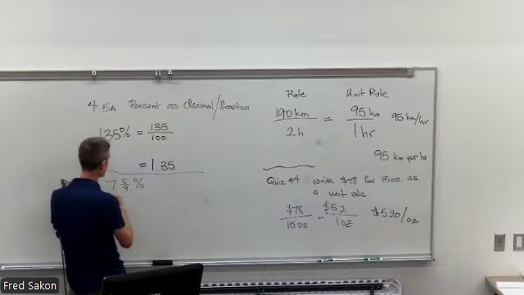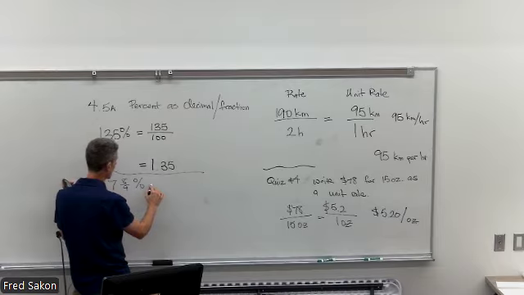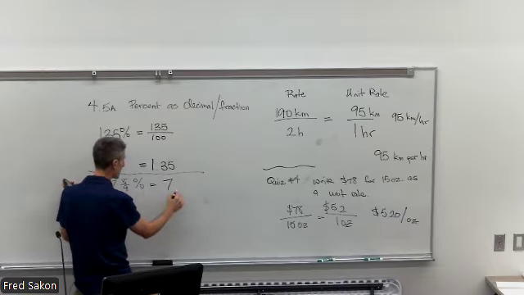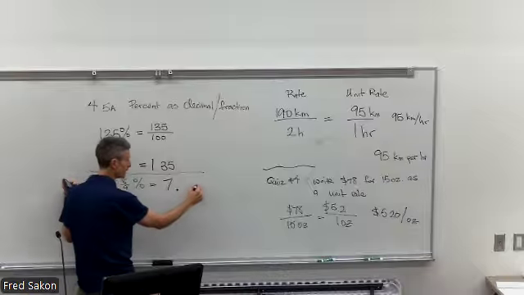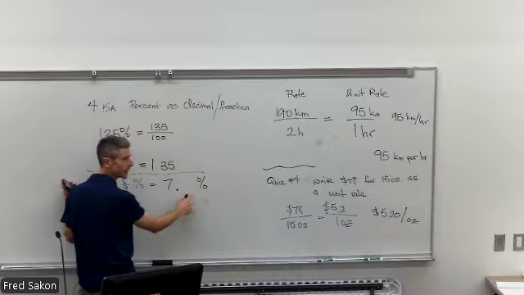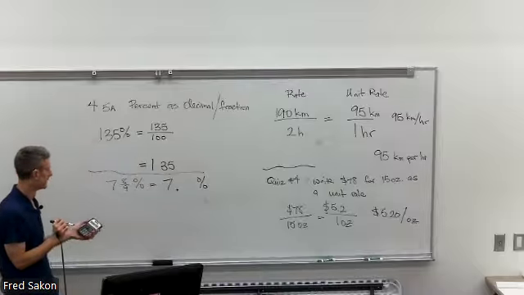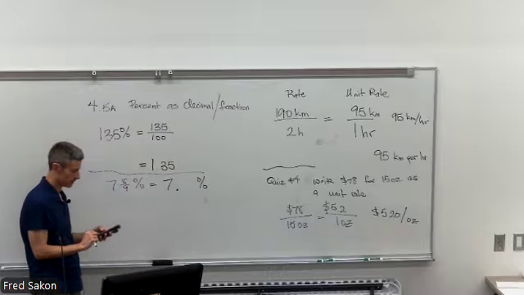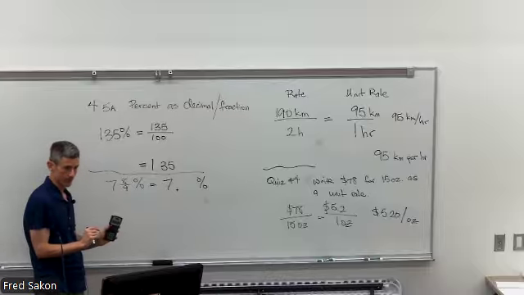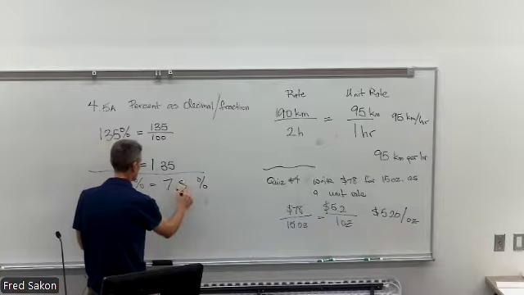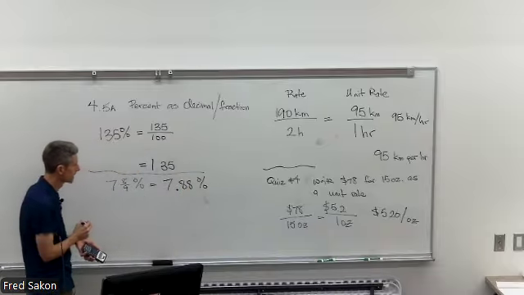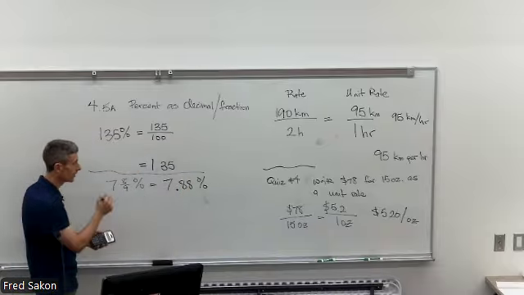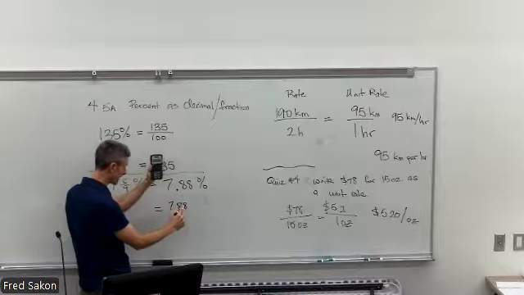You could go that route. However, I know that this is 7 point something percent. What's that part? I can zero in on this and do 8 divided by 9 in my calculator. Get 0.8 repeating. And now to convert further to decimal, I can just leave that in my calculator,